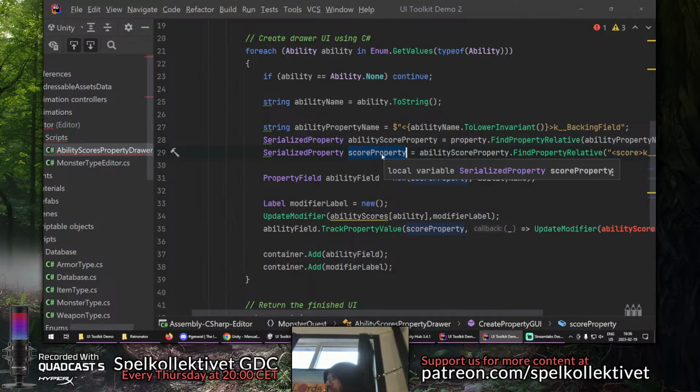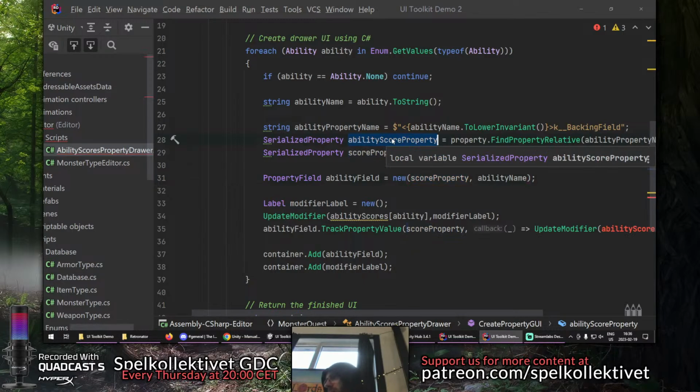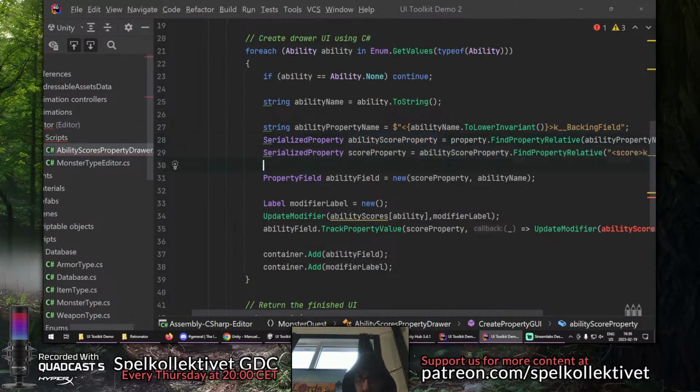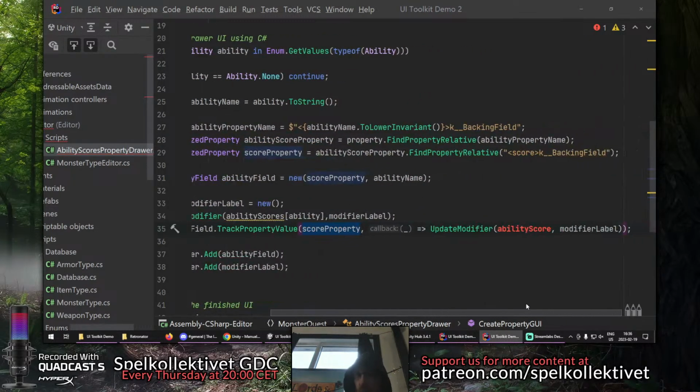And our score property is in the end an int. It's a wrapper around an int. So I have to have score property. I just discovered this today, so last time I was actually tracking the whole serializable object's property, but that's obviously bad, because whenever you change something completely different, it refreshes everything. So this is the proper way to do it as far as I can tell. But we have to use our score property, that's what we're tracking, because otherwise not. And then it's just a callback,